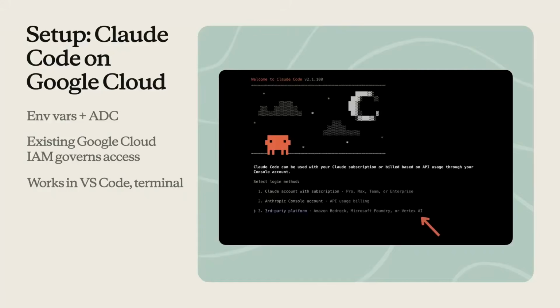But before starting to build, of course, you need to set up the Claude Code that we are going to use. And I'm so excited and so proud that we worked together with Anthropic to make this process of setting up Claude Code in order to use models on Google Cloud very simple, very straightforward. So you have multiple methods to use Claude models on Google Cloud in Claude Code, but the simplest one,